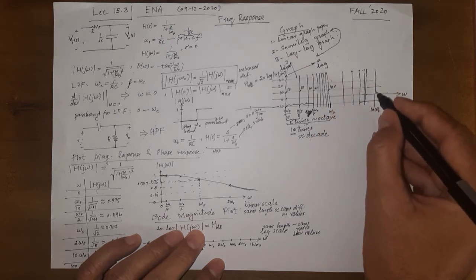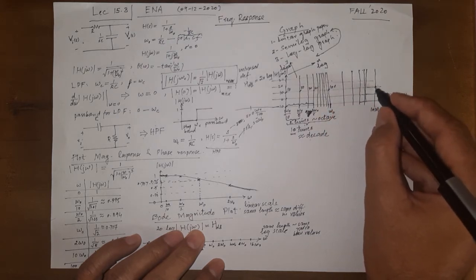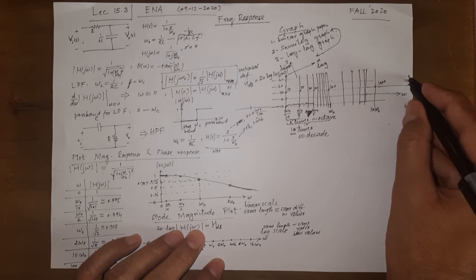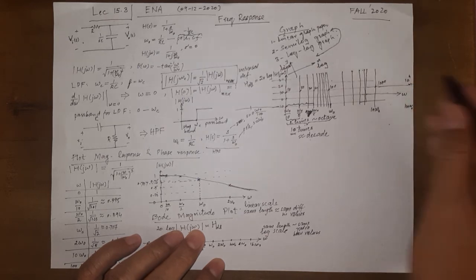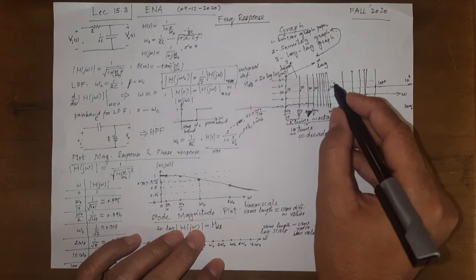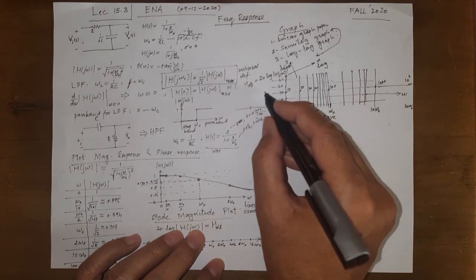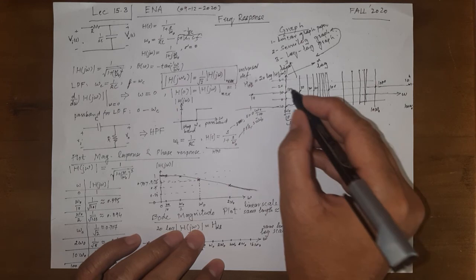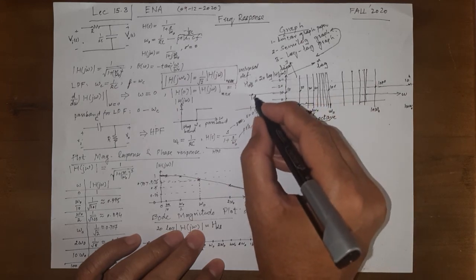And then 9 lines away, this would be 1000. And then 10 such lines away, it would be 10 raised to the power 4 and 10 raised to the power 5 and so on. And here it is 10 raised to the power 2, 10 raised to the power 1, and here it would be the same distance away. Here it would be 10 raised to the power 0, or 1.